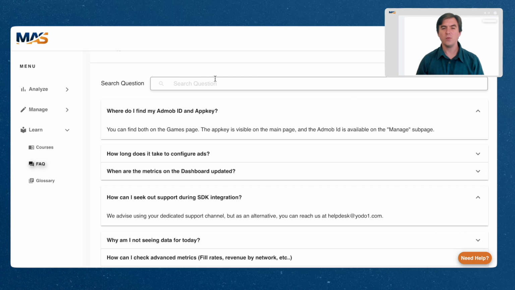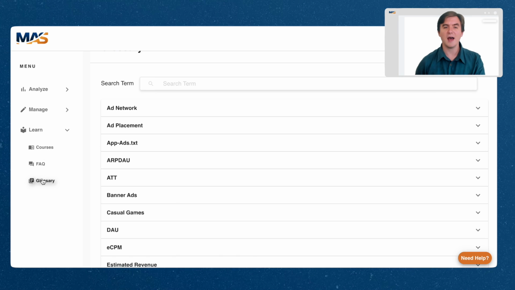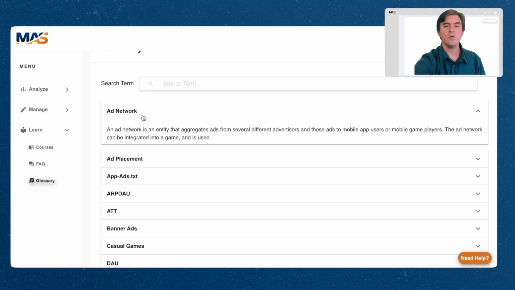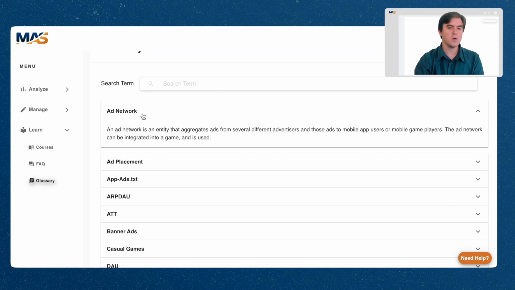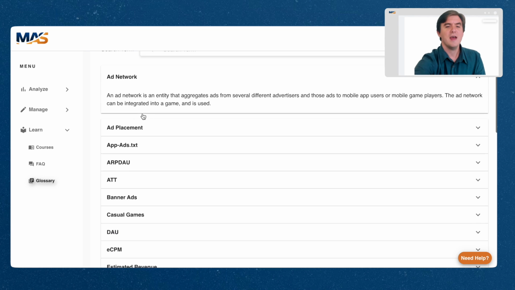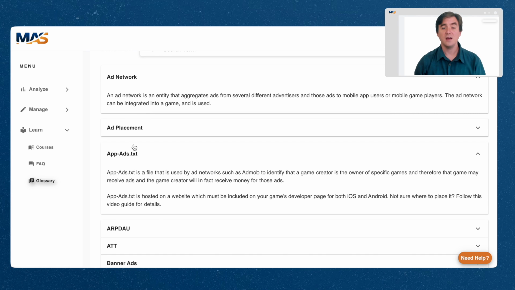Great. Now that we've covered the FAQ, let's take a look at the glossary page. The glossary page can be found also in the Learn section by clicking Glossary. Here, you'll be able to find a number of key industry terms that will be useful for you, including but not limited to ad network, which you likely already know if you're using MAS, appads.txt, a key file we'll be talking about in a later video,